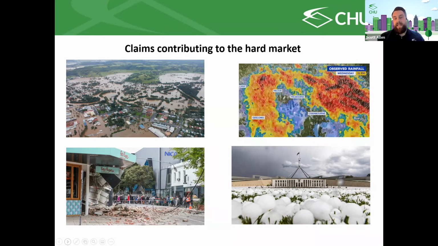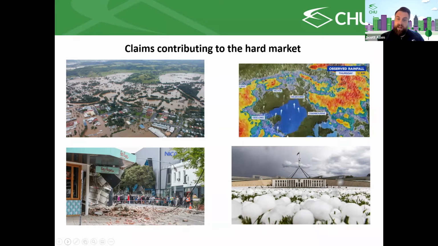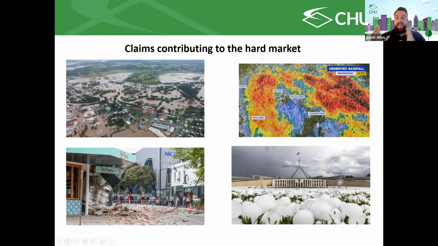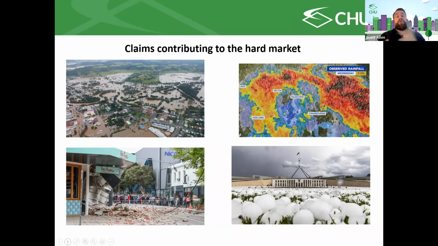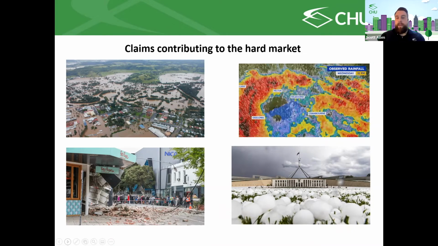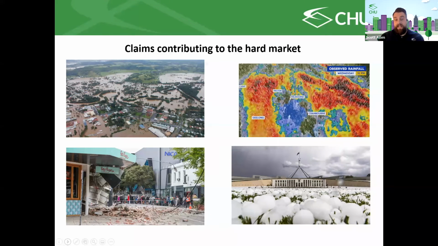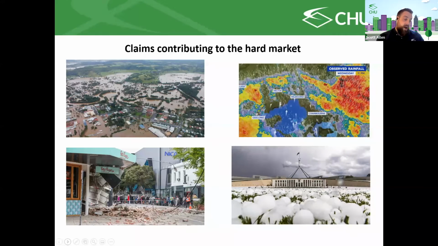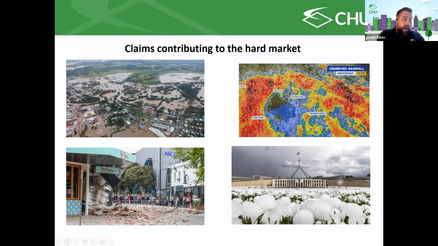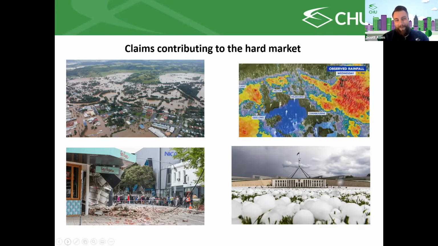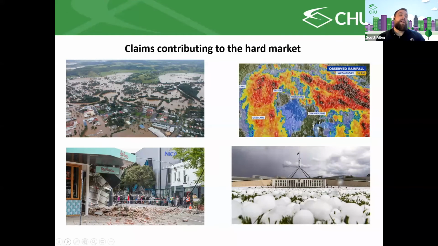And one of the big parts of lockdown is that the government made it so that insurers could not repair buildings unless the works were of an emergency nature. So if you had no roof, your entire apartment was flooded, those type of things would get repaired. However, when it came to things like painting, plastering, repairing eaves, putting up fences, things like that, the government said, no, you can't do that because of the lockdown. Those are works you can't do. We were finally allowed to start doing those works. We had a backlog of about 18 months worth. I'm talking from CHU's perspective here.